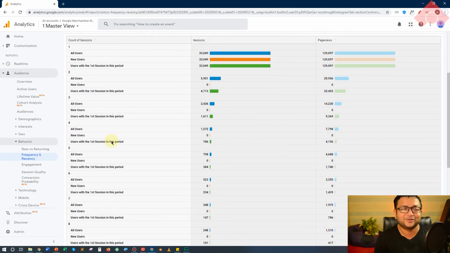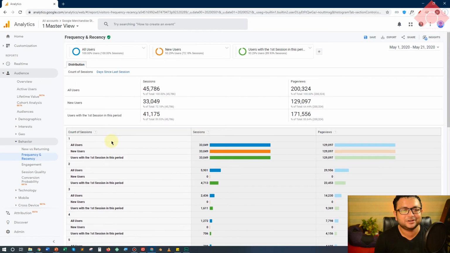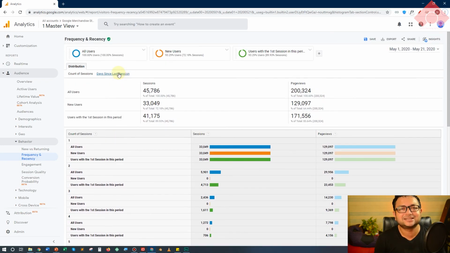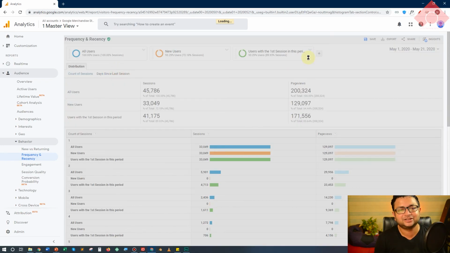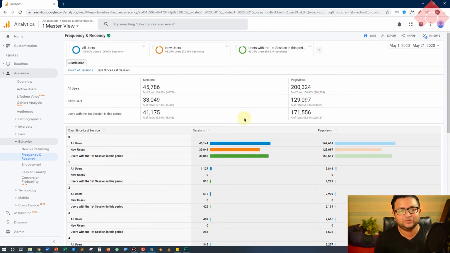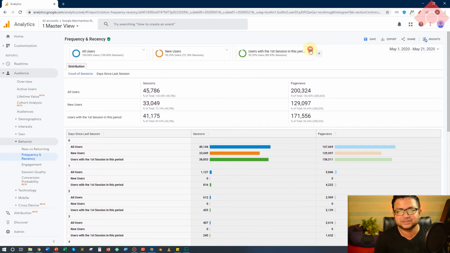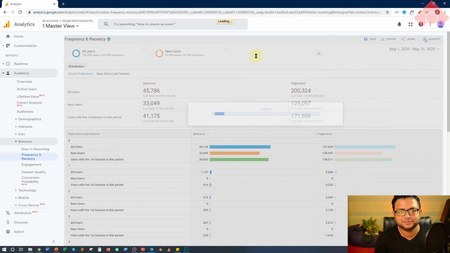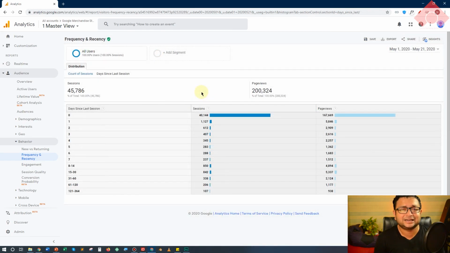Okay. Now let's move to the recency report, which is the days since last session. Let's click on this and you will find that, let's remove these segments first. We don't need them anymore. And you will find that it's a similar kind of histogram showing up over here. The only difference being in the first column. Okay.